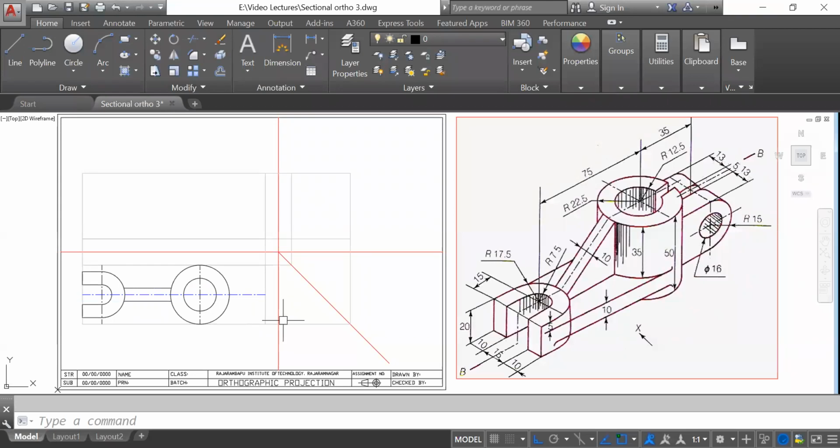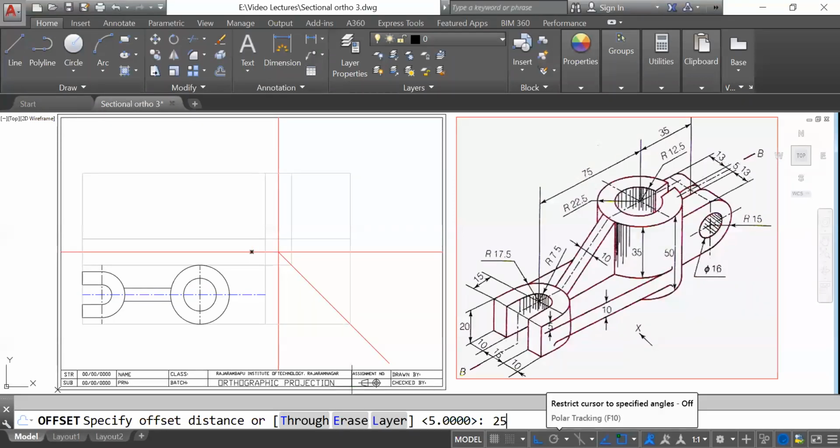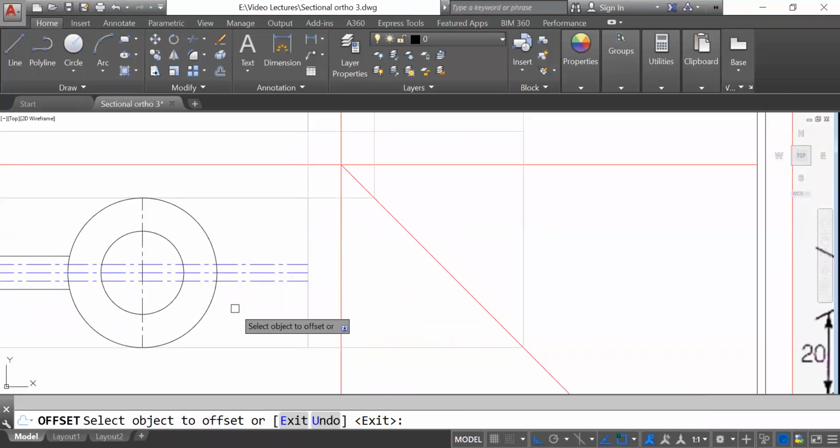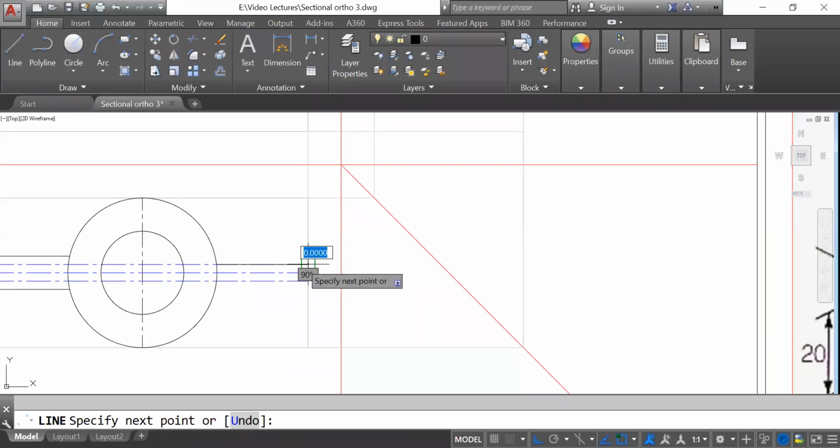Okay, one more, that gap is there. If you see from the top, there is a 5 mm gap or slot. You can use the offset for a distance of 2.5, half of that, 2.5 this side and 2.5 the other side. Just extend, zoom it, and take this line and prepare that slot.